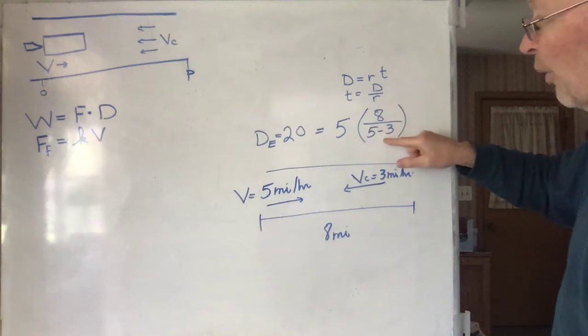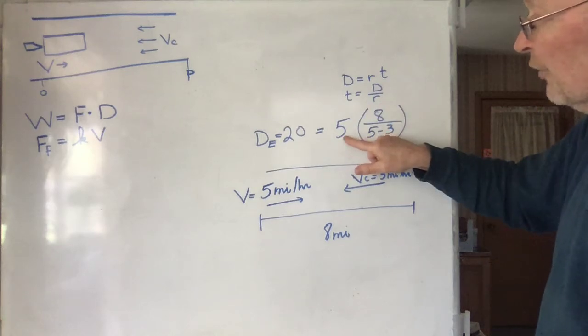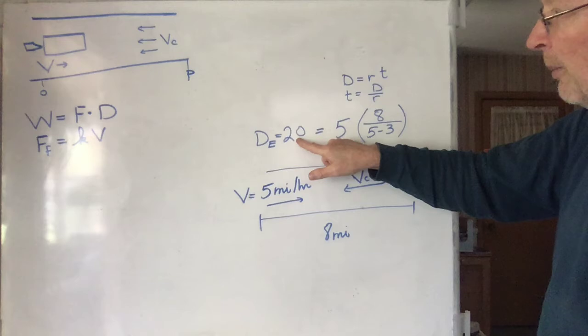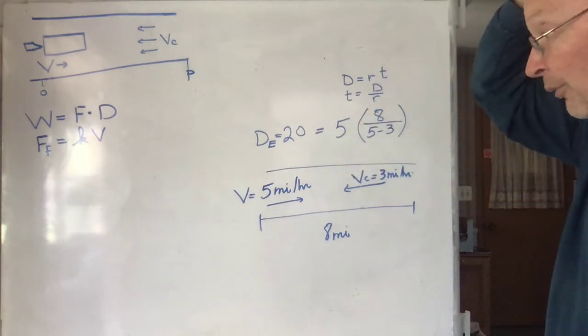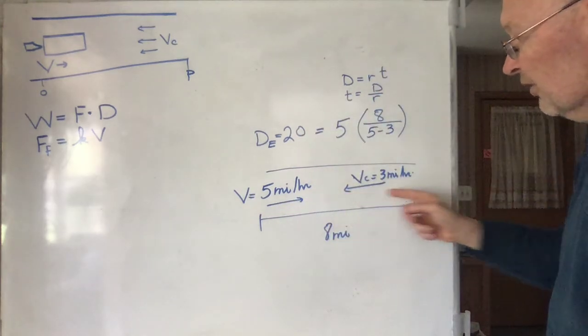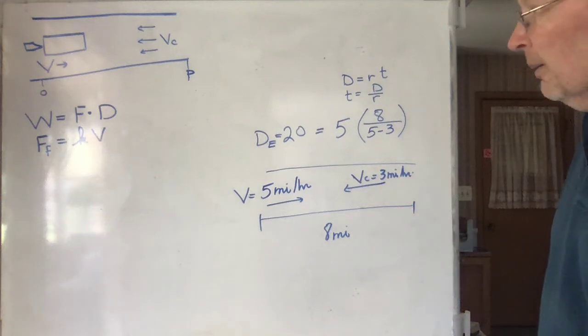because as I say, you're in the water this long. There's the amount of time you're in the water. All that time you're moving this fast, and so you're moving at 20 miles. You're moving effectively 20 miles through the water on this particular swim. Okay, so the point is,